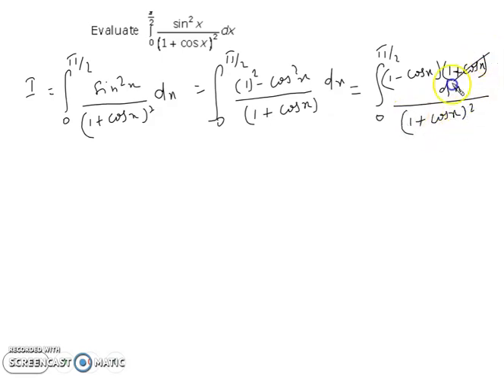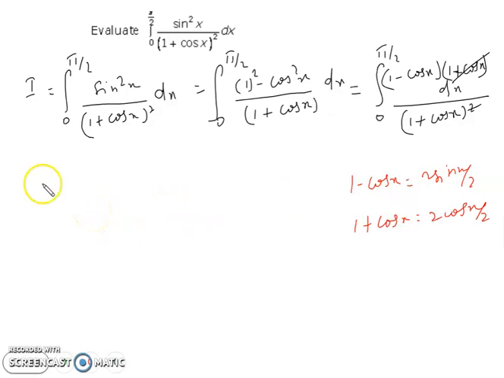When we cancel out 1 plus cos x with 1 plus cos x, we have this equation, and we can apply two formulas. We know that 1 minus cos x equals 2 sin square x by 2, and 1 plus cos x equals 2 cos square x by 2. Are you getting my points of what I am saying?